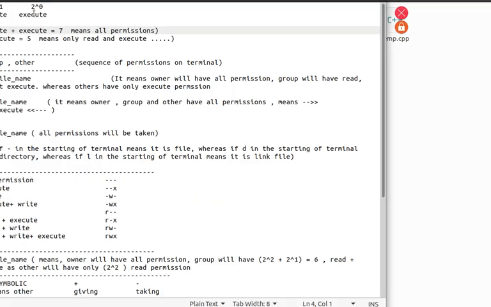Now, as I said, if I want to give the user read and execute permission, what will I do? I will add this and this. So 4 plus 1 equals 5. If I write 5, it means that read and execute permission will be given to the owner.